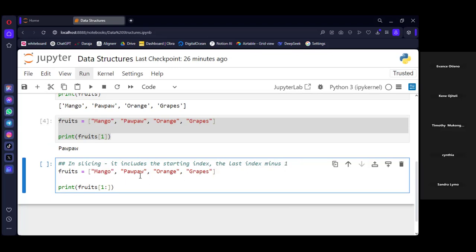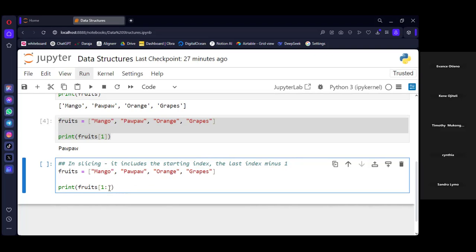For example, if you say I want to get from purple to orange, and I know this is 0, 1, 2, this is index 2. If you wanted to get a range up to these 2, we need to add in an extra one because it always subtracts 1 from the last index.